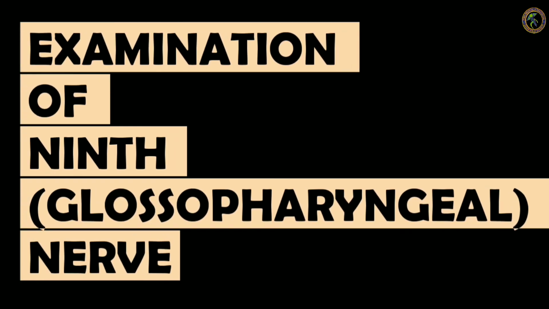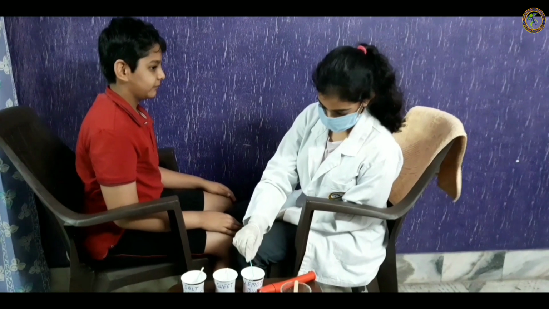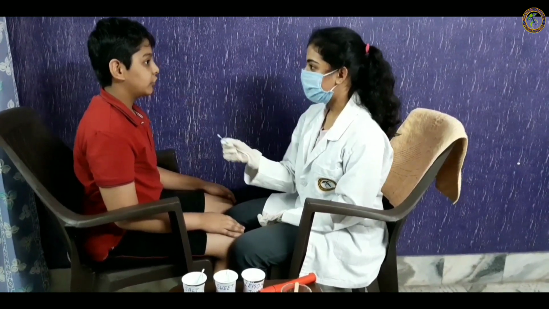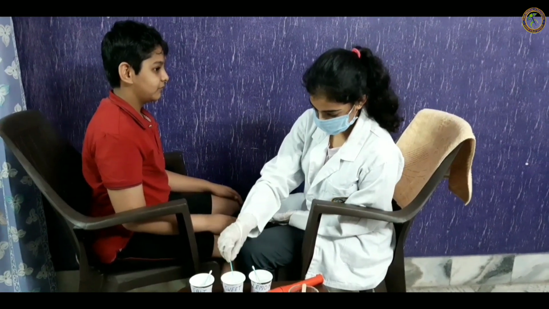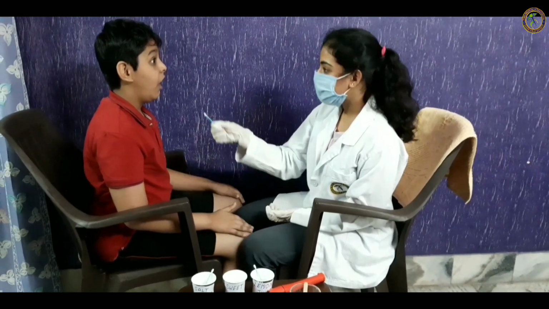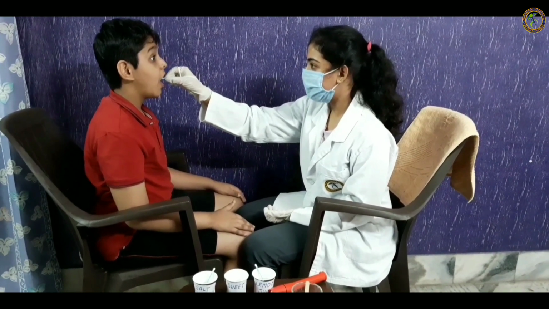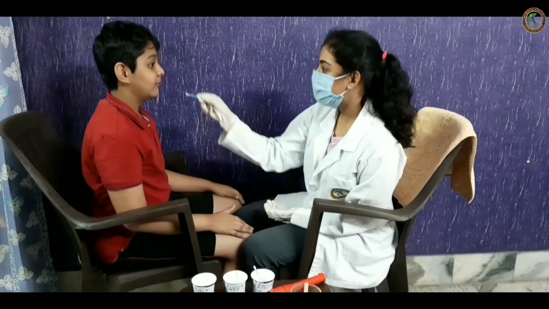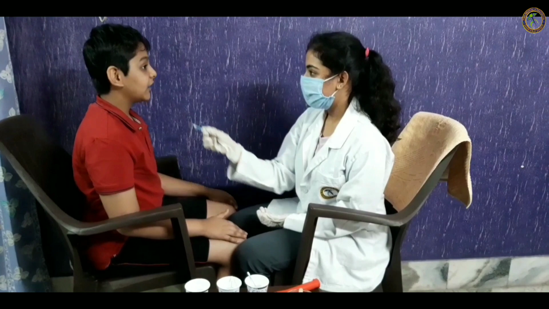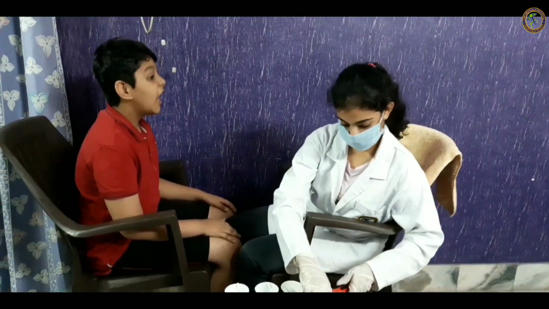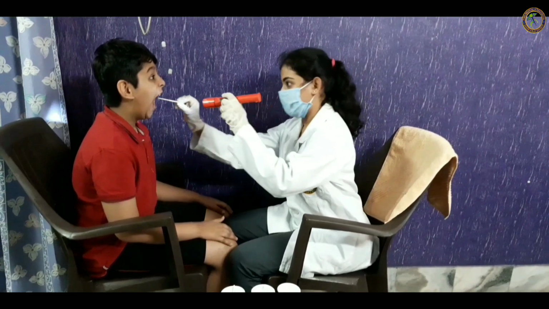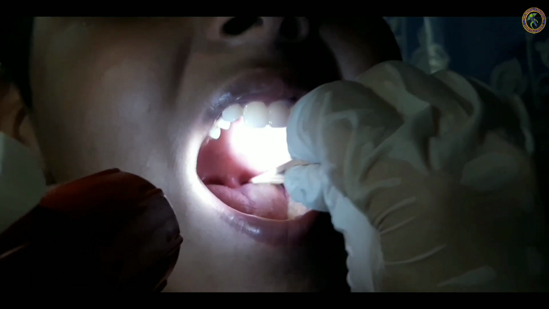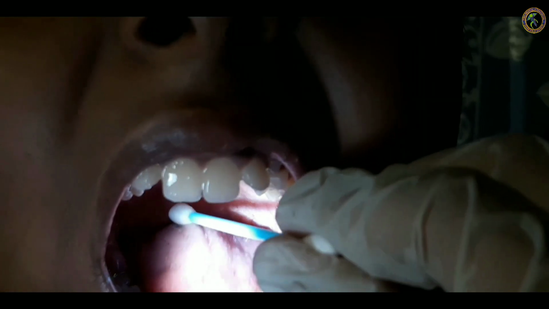Examination of 9th cranial nerve. Test for taste sensations in posterior 1/3 part of tongue. Loss of taste from posterior 1/3 of the tongue in case of paralysis. Decrease in salivary secretion may result in difficulty in swallowing. Also check for palatal reflex. Tickle at the back of the pharynx either with the finger or with a swab and note the reflex contraction. This is absent on the side of damage.